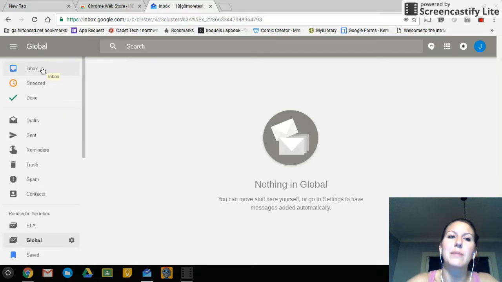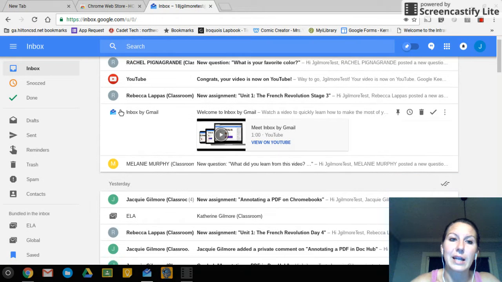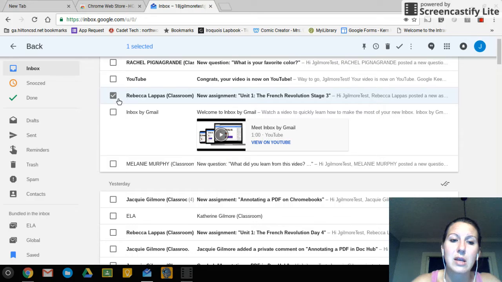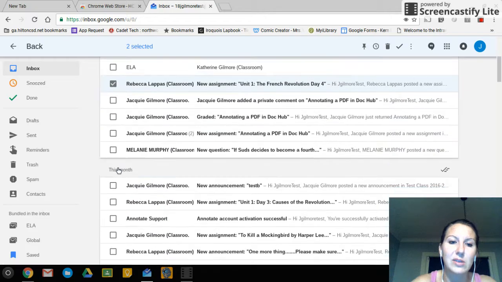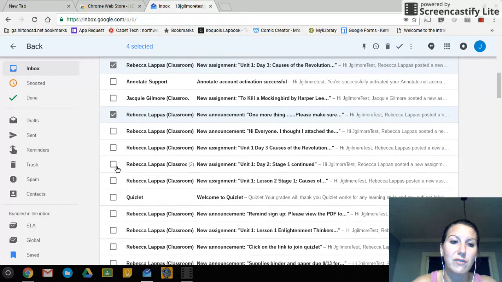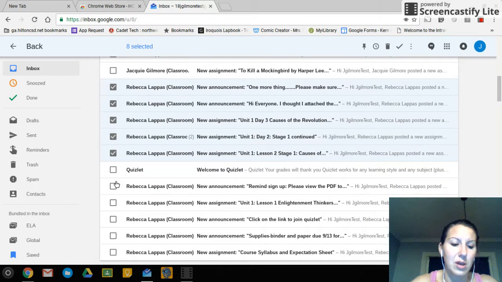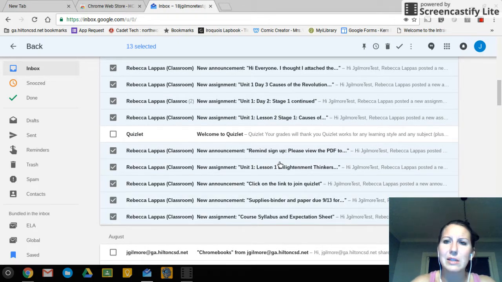So what I can do is in my inbox, I'm going to show you a couple of quick inbox tools. I can move those messages in there now. So I'm going to start selecting those messages. If you hover over the icon on the left, you can hit a checkbox. And so I'm just going to hold down my control, and then I can select all of the messages that I think should go into my global folder that I just created. On this one, if I hold down shift, because it's just a whole row, it's going to go. I hold down control again because I'm skipping. And then if I hold down shift, you don't have to do them all, but at this point, I'm going to do it all. So now that I've done a bulk select in my inbox, I have 13 messages selected,